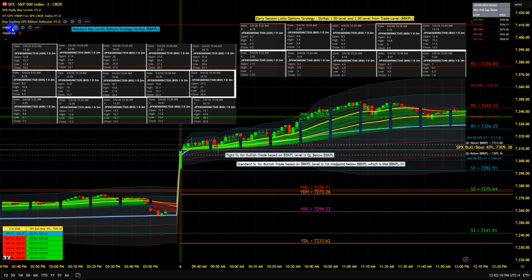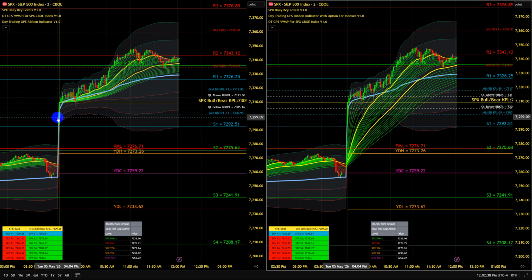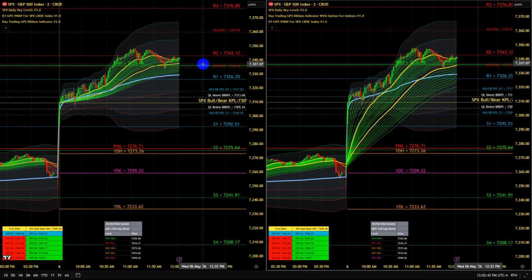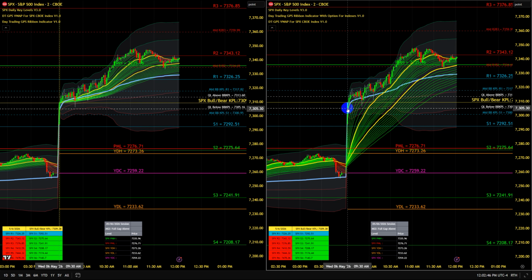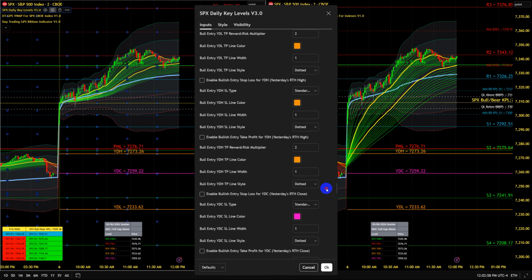Okay, so right now we'll go ahead and turn these off. As we saw in the previous dual screen look, we'll just go back to that for a second. The opening candle here actually does not close above the bull bear key price level. It closes slightly below the bull bear key price level. So if we turn on the bull bear key price level alert for the 9:30 a.m. opening candle,